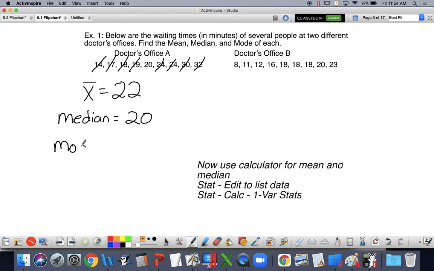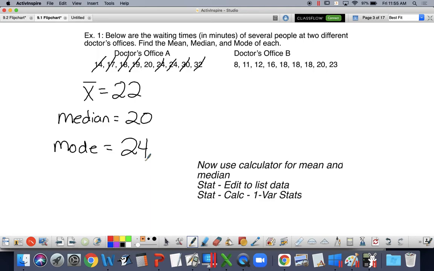And then the other one is the mode. What number appears the most frequently? 24. 24. So usually when we talk about data sets, we want these two things to be about the same thing. Now we don't have a ton of data points because I don't want us to be here all day. But yes, they're pretty close.